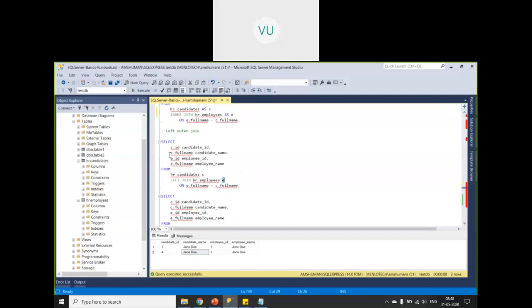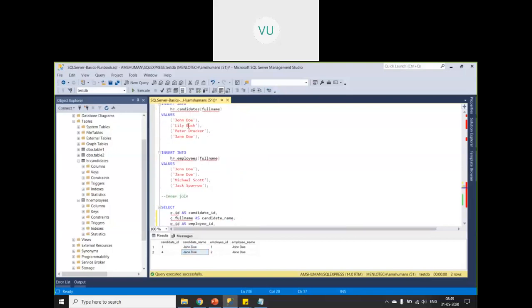That means what we are returning is c.id, c.full_name, e.id, e.full_name. If you apply the condition e.full_name equal to c.full_name, you will get only 2 records. But how many other records are there in C? 2 more are there, right? Out of C, only John Doe and Jane Doe have matched.